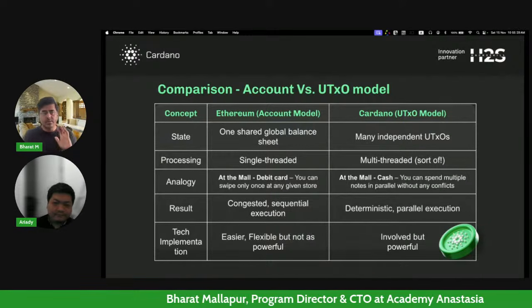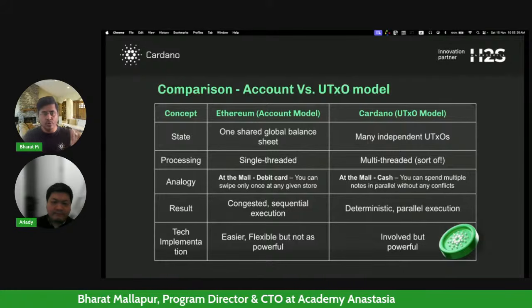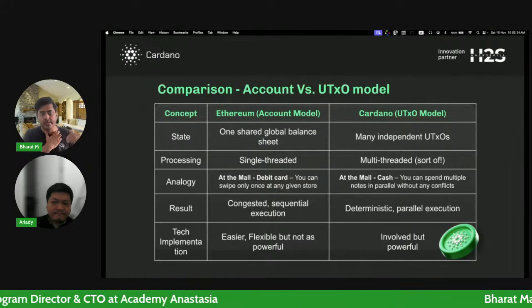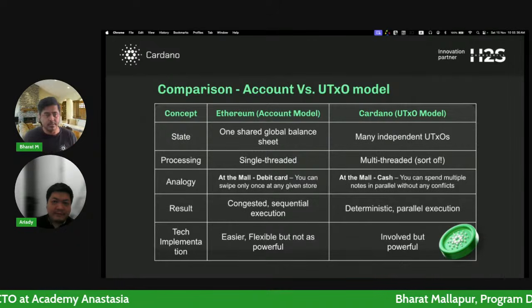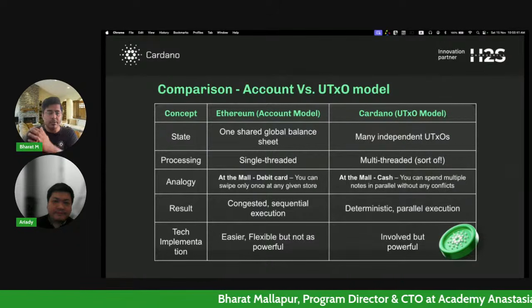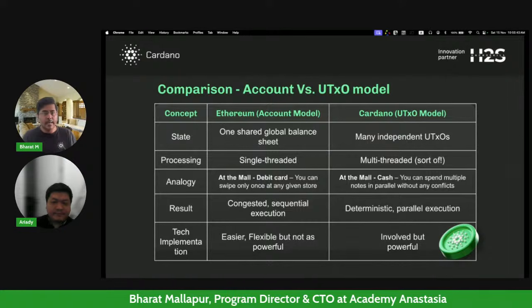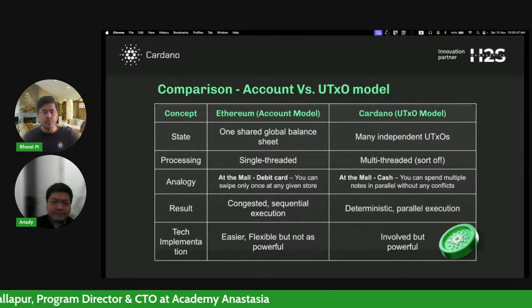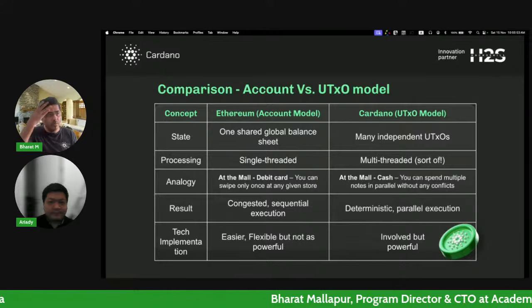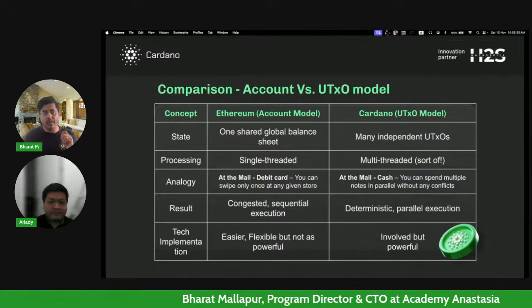So what's the analogy I can give? Let's say you go to a shopping mall along with your family, and you are looking at some clothes. Your wife is looking at another shop, looking at other clothes. Your children may be looking at snacks or whatever, right? And then basically everybody comes to you and says, hey, you know what? I need you to pay at the clothing store. I need you to pay at, say, McDonald's or whatever, right? Now, what happens here is, if you have a debit card, right?